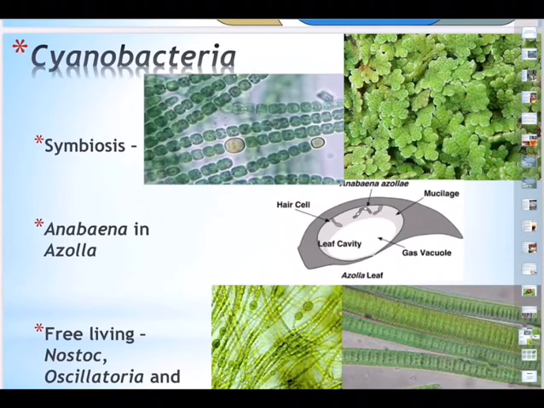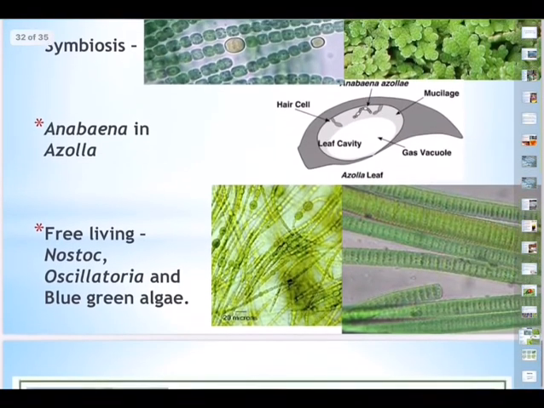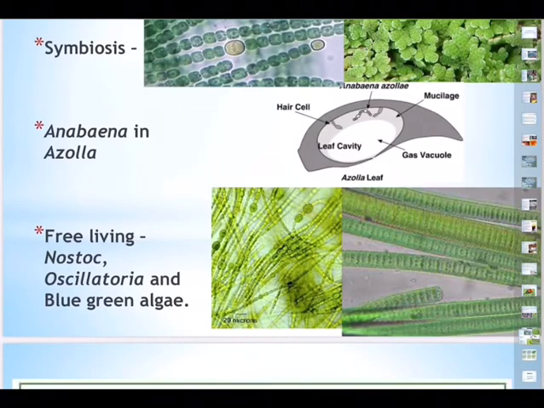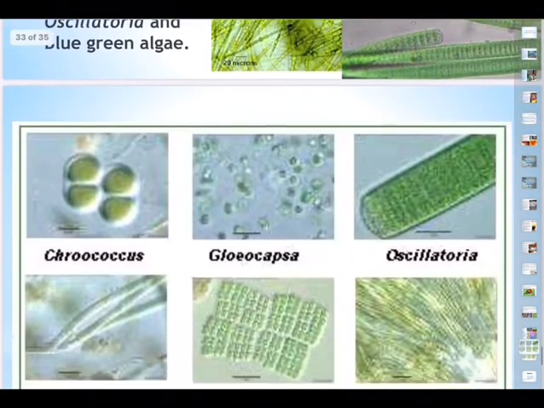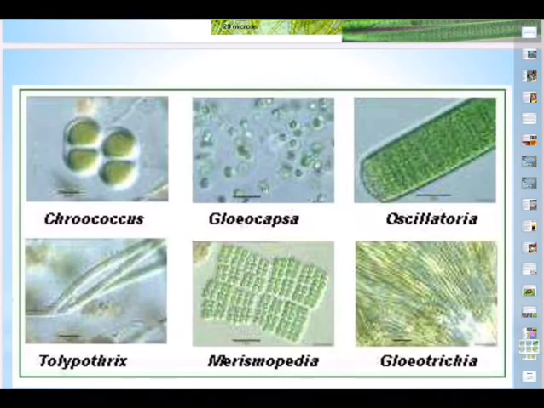And you can see cyanobacteria, blue-green algae, so that's a symbiosis. Anabaena in Azolla: once we take the section, you can see the presence of Anabaena here. An Azolla leaf is taken and a vertical section, VS, is made, and you can see the presence of Anabaena inside. And free living Nostoc, Oscillatoria and blue-green algae, all these will be a lot of biofertilizers. So overall, we have got microbes that work as biocontrol agents. So there is no need for us to use any chemical pesticide. Biological ones only we can use.